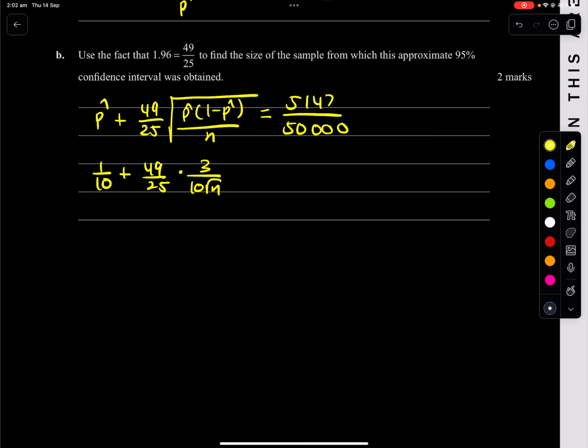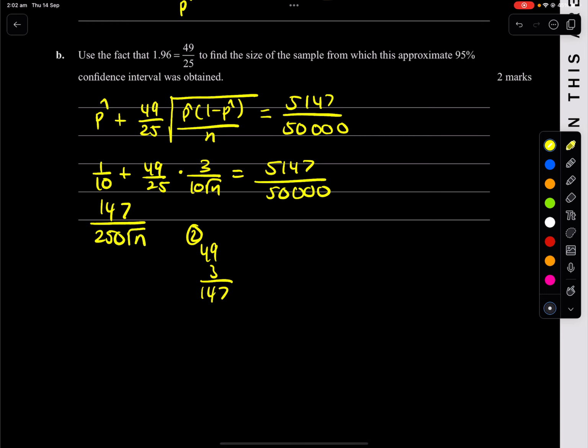That should all equal to 5147 over 50,000. Alright, I'm just going to bring this one over here. So it'll be, what's 49 times 3 first? 49, 3, 9, 18, 27, 4, 8, 12, 13, 14. So 147 over